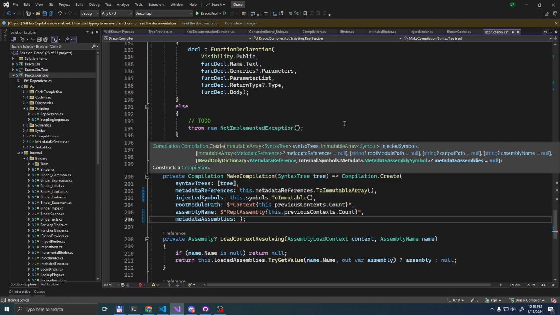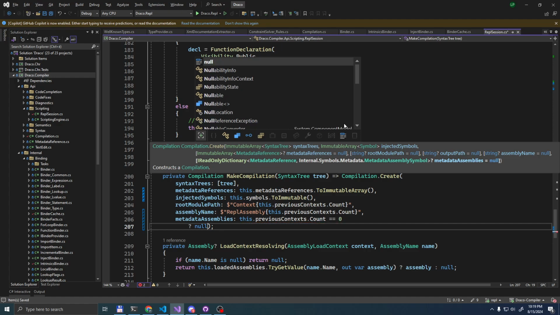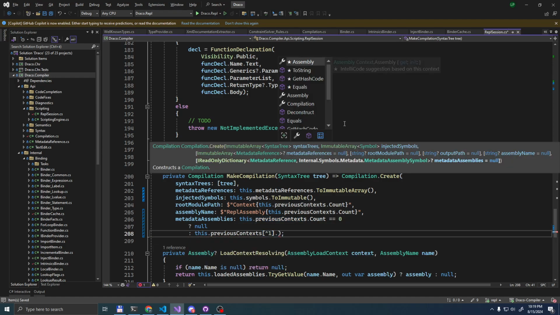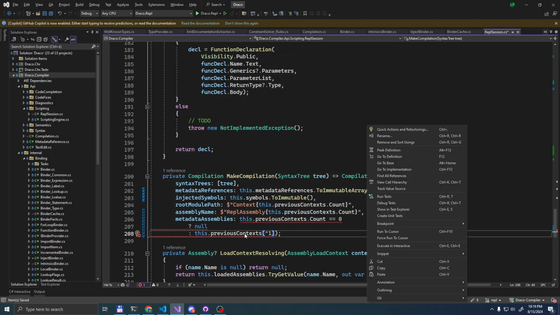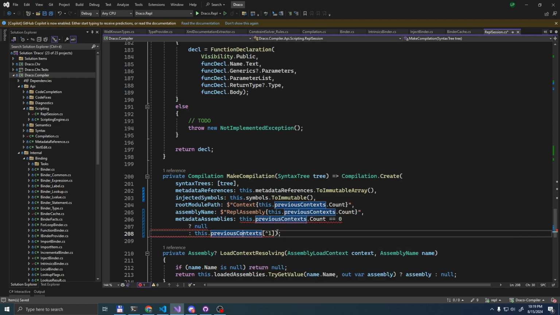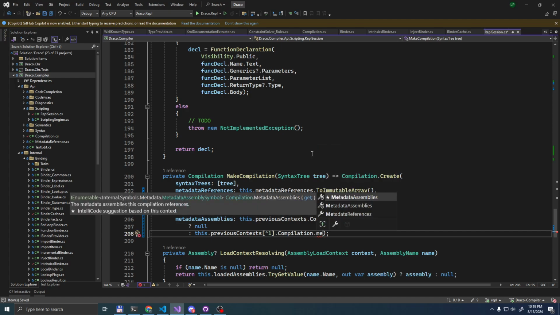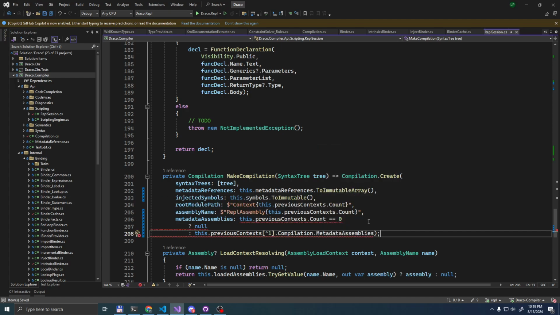So metadata assemblies is going to be these dot contexts dot count equals 0. If it's 0, we're going to pass in null, and if it's non-zero, then we take the last one and we reach for its compilation